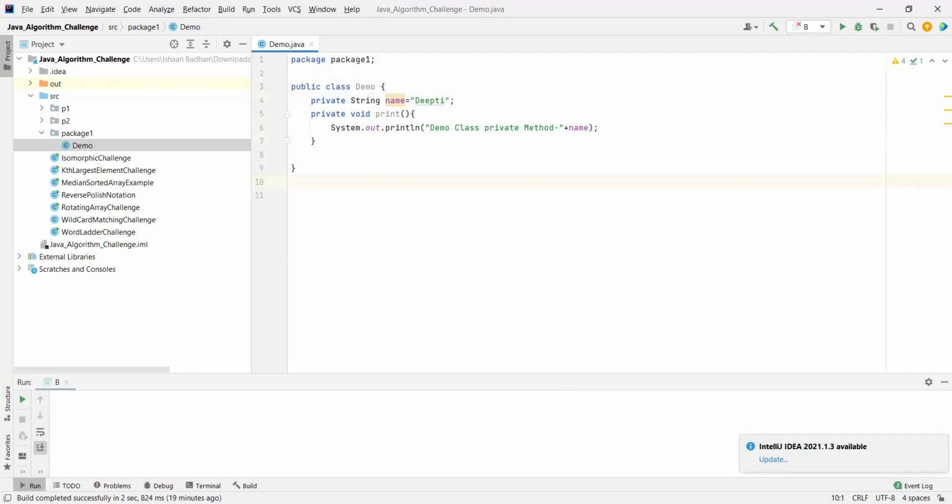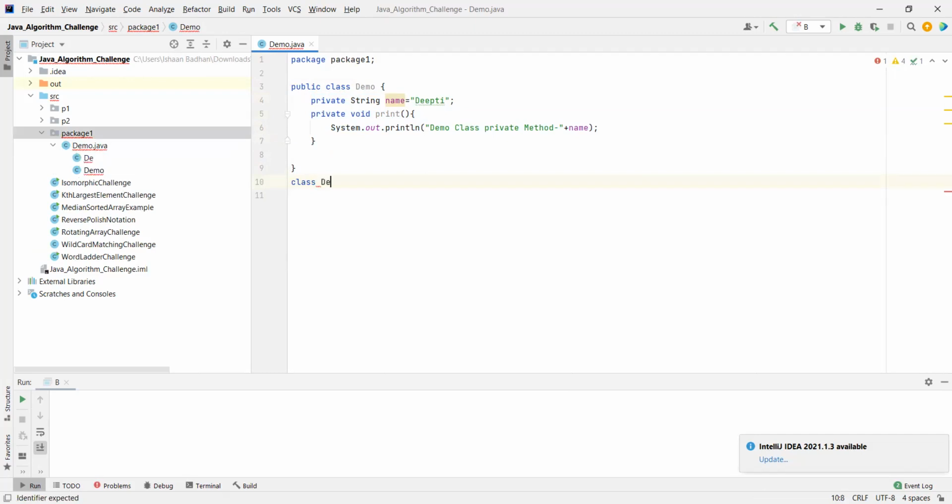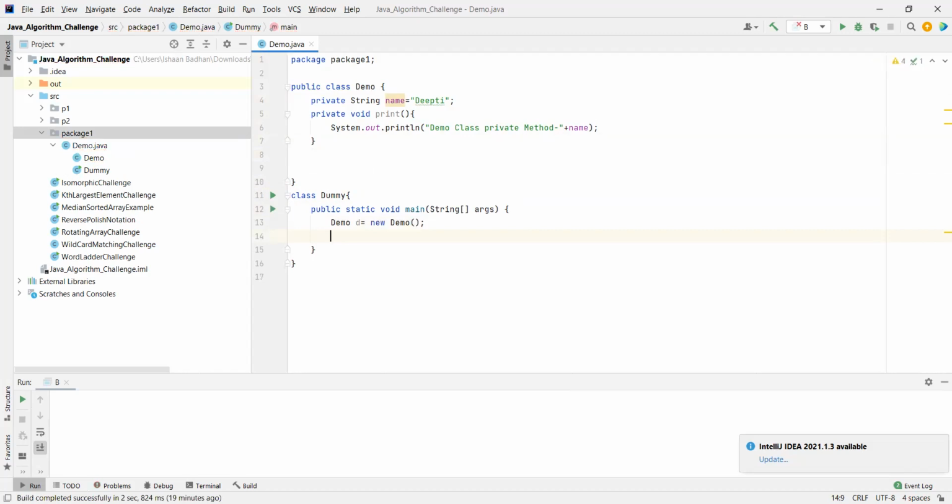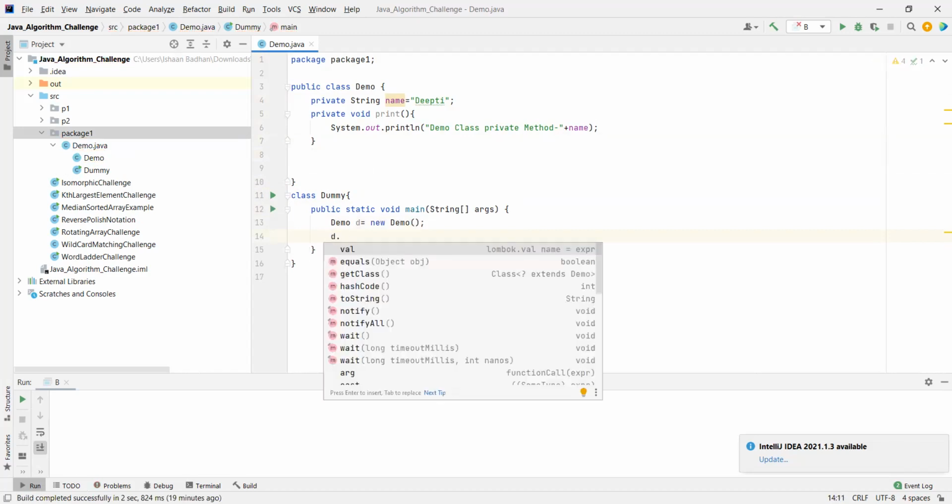Now let's create one more class in the same package. I'm creating a class named Dummy. Now I want to access that name and the print method in my Dummy class. So let me create an object of the Demo class using the new keyword. I created it, now I am accessing name. See,